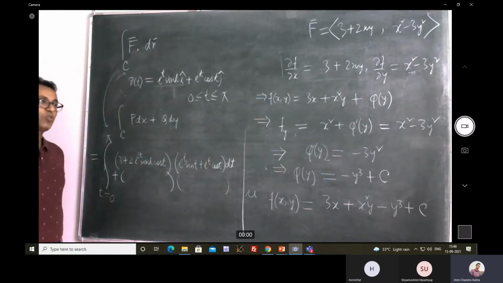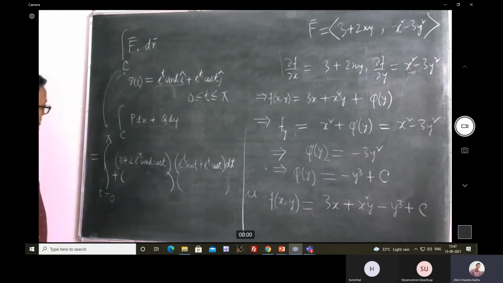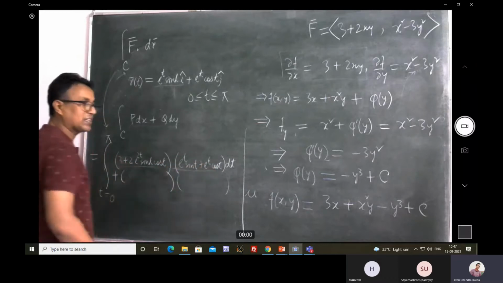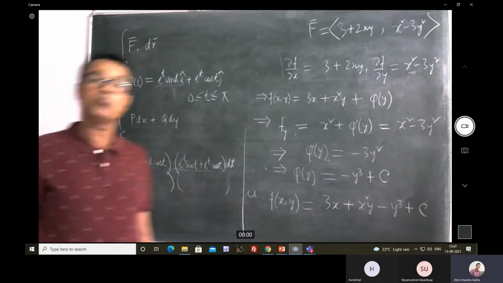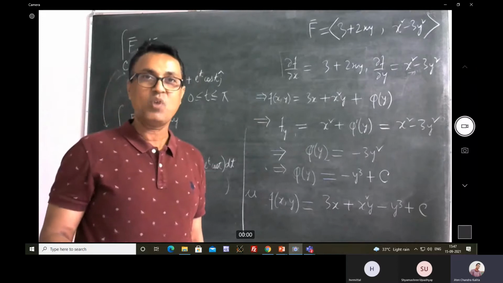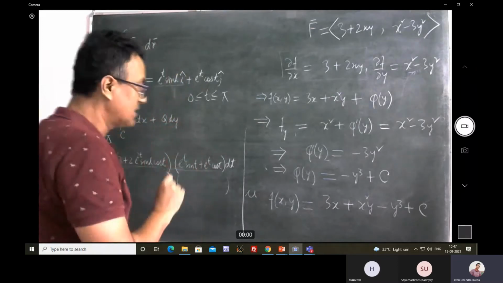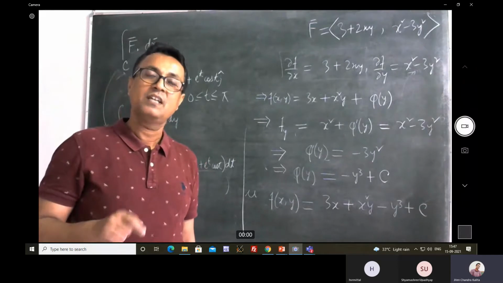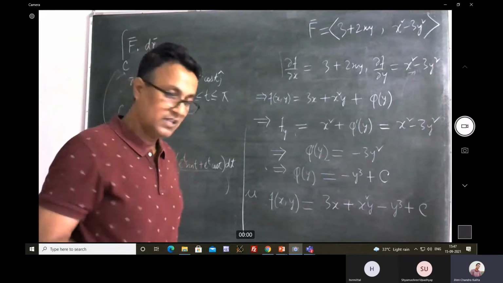That is going to be quite a lengthy computation, although you will be able to work it out. But if you notice, now I am going to have some product here. That is going to make the integrand more complicated. Are you getting the point? Right? But on the other hand, because I already know that capital F is a conservative vector field,